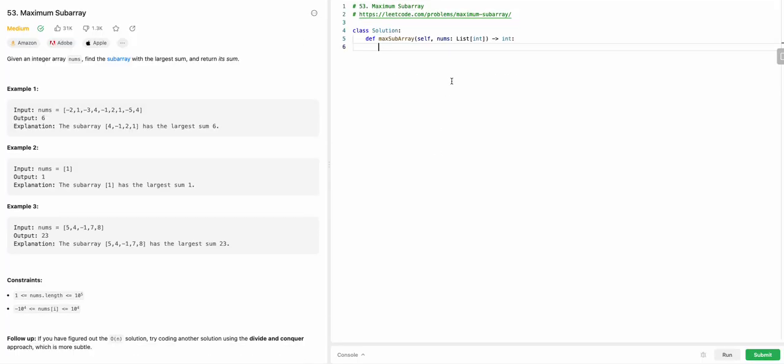So we'll have max subarray sum equal to minus infinity, and then we'll have current subarray sum, and this will also be equal to minus infinity, right? And then for